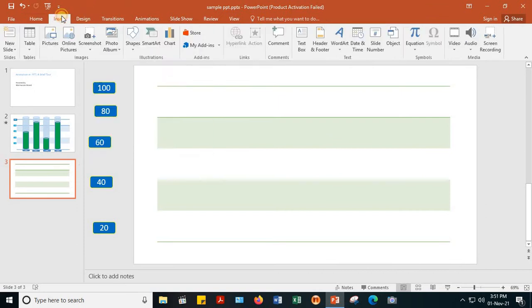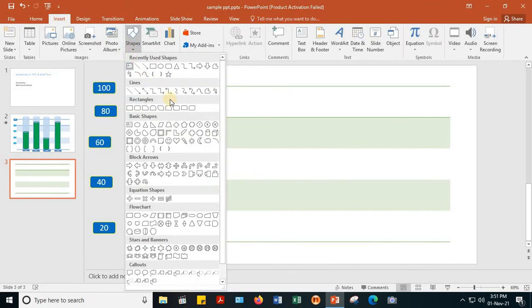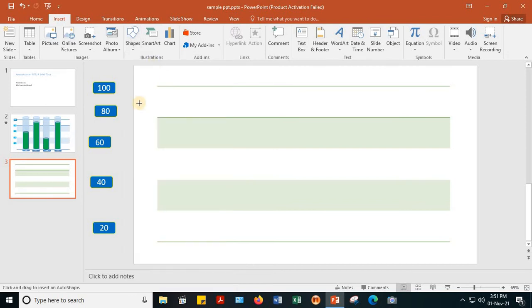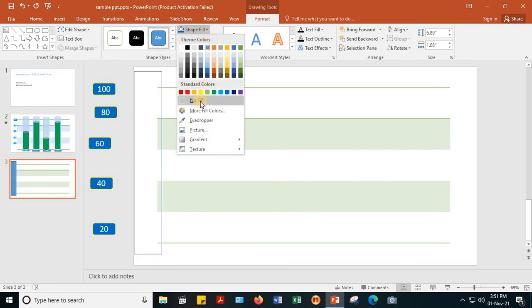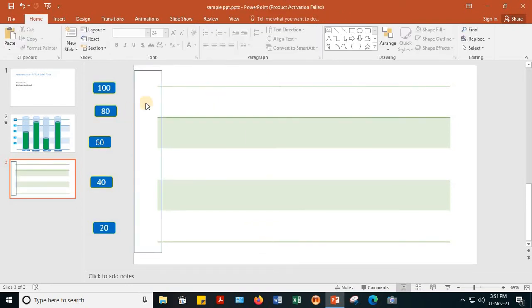From here, go to insert and create a shape, just any such shape. So this is the second base on which I'll put this number, but I don't want others to see this base. So I'll just click here, and in the shape fill I'll make it no fill.